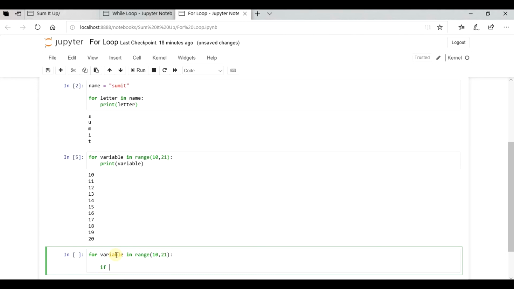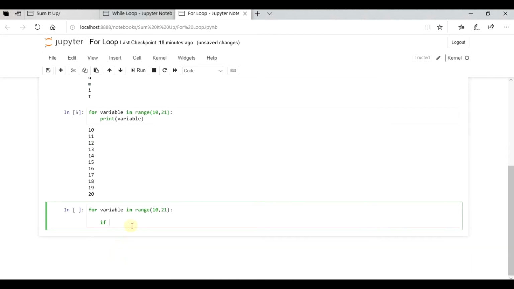So for even and odd numbers, we need to check if we divide the given number by 2, and if we get the remainder as 0, then it's an even number. If not, then it's an odd number, correct? So we'll just put variable modulus 2 equals to 0. If this condition is true, it states that if we divide variable by 2 and get the remainder as 0, then print